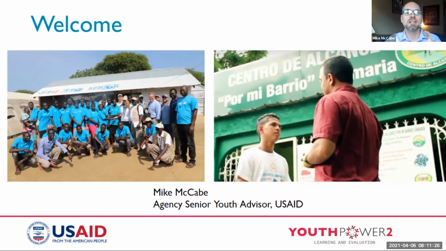And so it is, as Maria said, one of those 7 key features that we know are part of that evidence-based model of positive youth development that USAID, the US government, and now around the world, organizations have been using as their philosophy and their approach to effective youth programming.